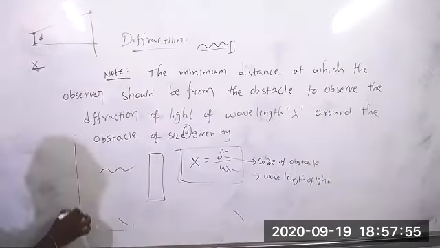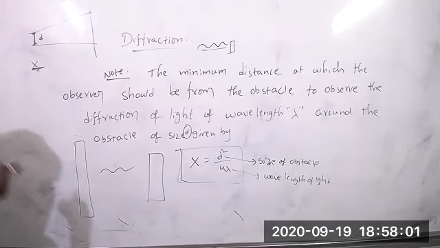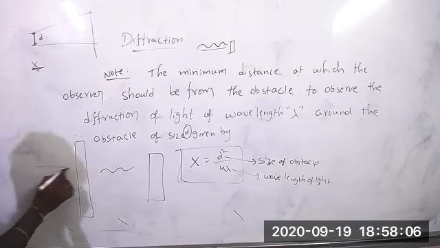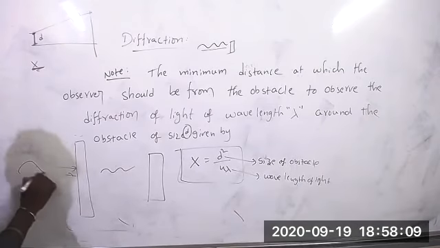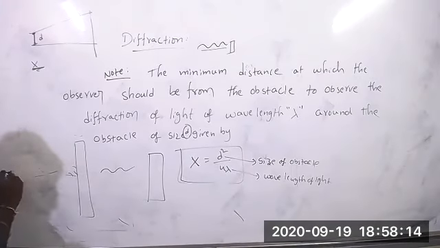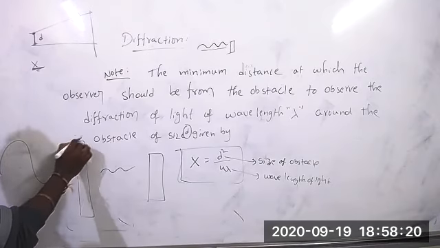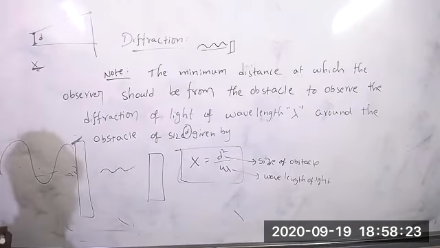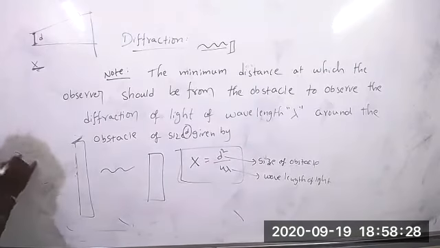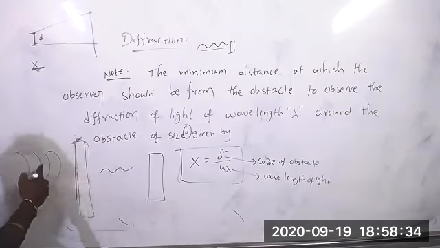So why so? Anyway, the light will bend at the corners, right? If light is not reaching the corner, suppose it is a big object, light is coming up to here because its wavelength is very small. It is coming up to here, so you can't see any bending of light. When the wavelength is very big, we can see a bending at the corner. We can see this in terms of water waves. When water is coming like that, its wavelength is very small compared with this object, so you can't see any bending.